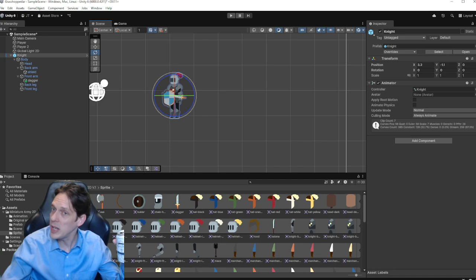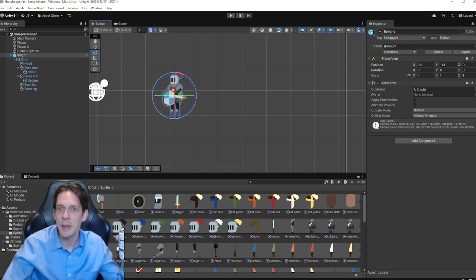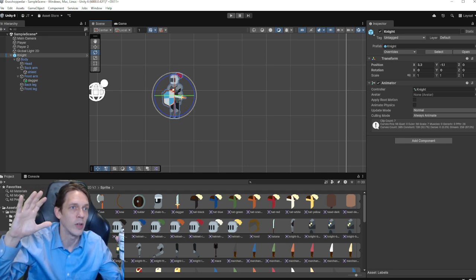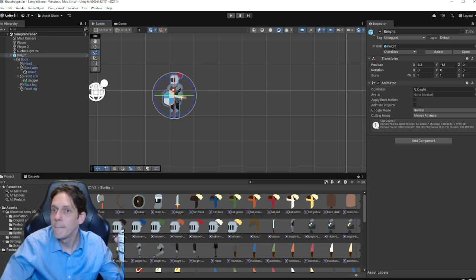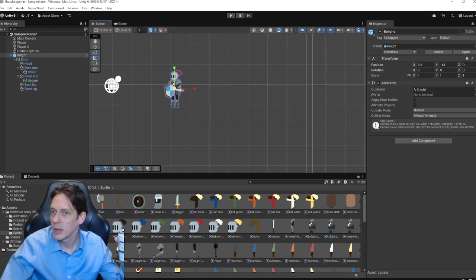He is actually on paper right now. It's not XYZ space, it's XY space. But he really has a lot of depth. There's a lot of pieces of him, and each piece has its position in order of the layering on him, like a Photoshop file or something. So that's another thing to keep thinking about.